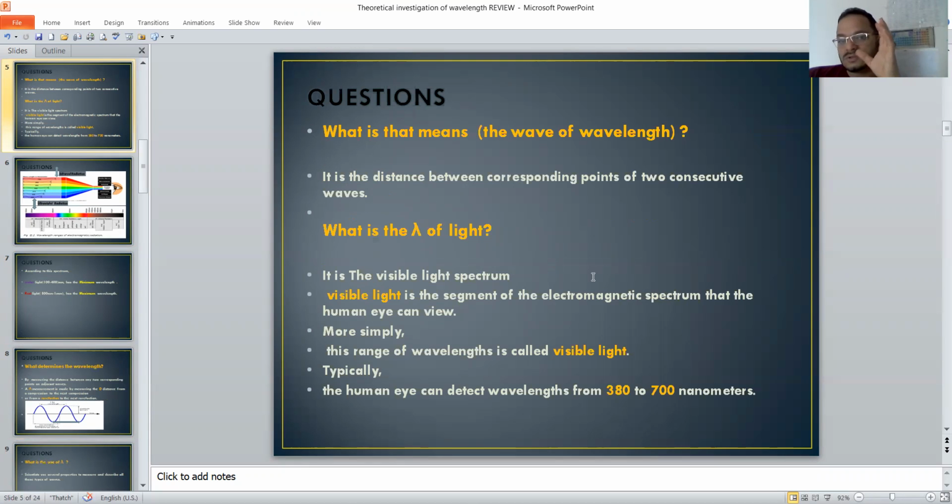It is the visible light. That means the wavelength of light is the visible light spectrum, and we will use a diagram to explain starting from which nanometer and finishing with which nanometer, and which of them will be harmful to human eyes. The visible light is the segment of the electromagnetic spectrum that the human eye can view. Any nanometer number in it, the human eyes can see clearly. More simply, this range of wavelength is called visible light. I mean, from 380 to 700 nanometers, this range will be the visible light to us. Typically, the human eye can detect wavelengths from, like I said before, 380